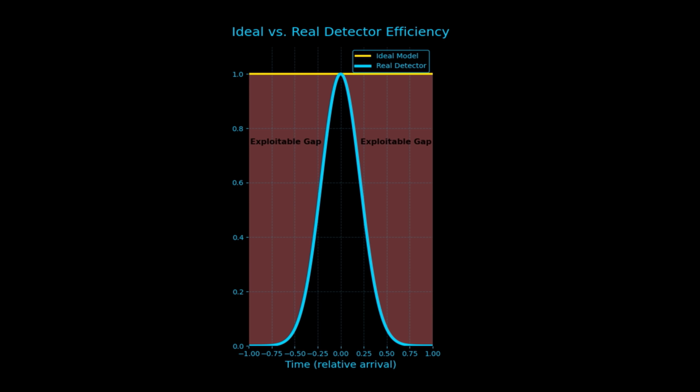These exploitable gaps exist on both sides of the peak, one on the early arrival side and one on the late arrival side. In these regions, even a small intentional time shift applied by an attacker can have a disproportionately large effect on the probability that a photon will be detected. Because the security analysis assumes a flat efficiency, it does not account for the way these time-dependent variations can bias detection outcomes. As a result, the discrepancy between the yellow ideal model and the real cyan curve becomes a foothold